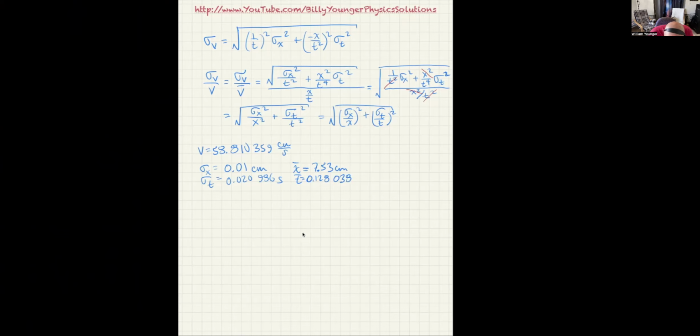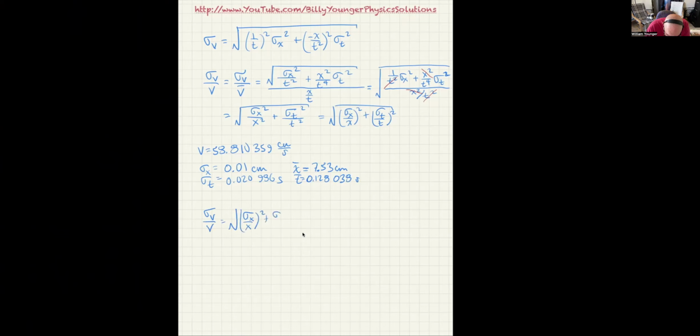Of course, it was a lot of other digits, but we know that's plenty right now, and that's in seconds. So now I can say my fractional uncertainty in v